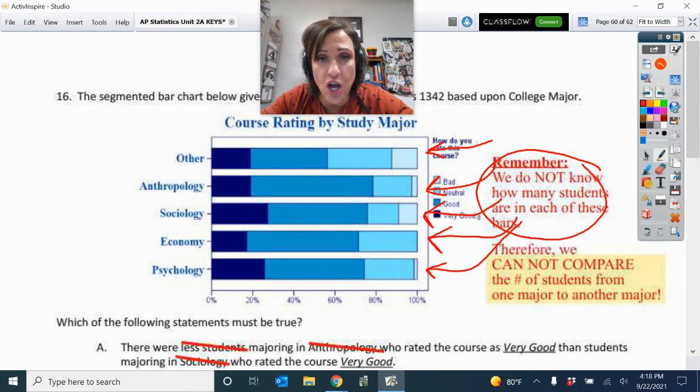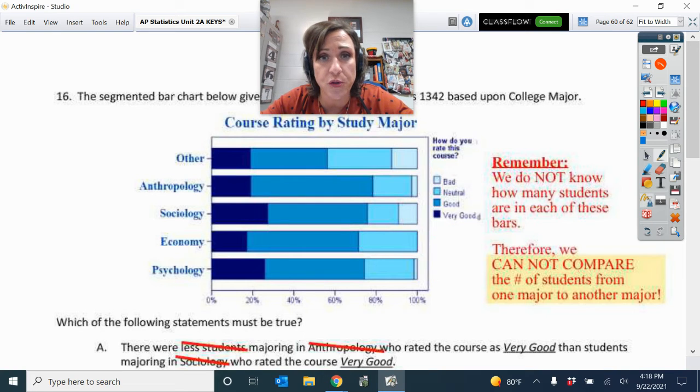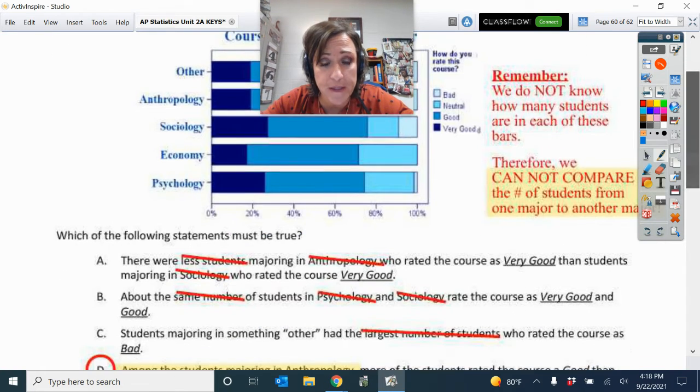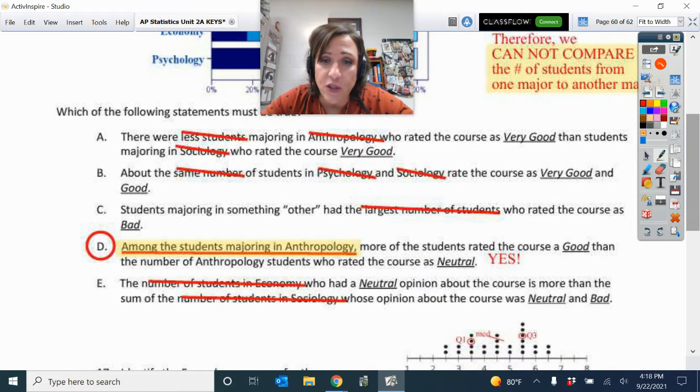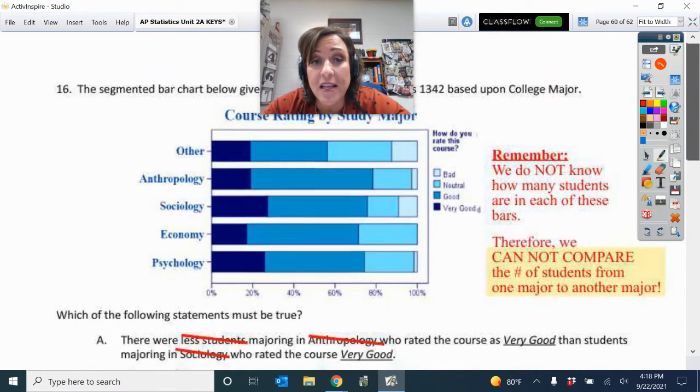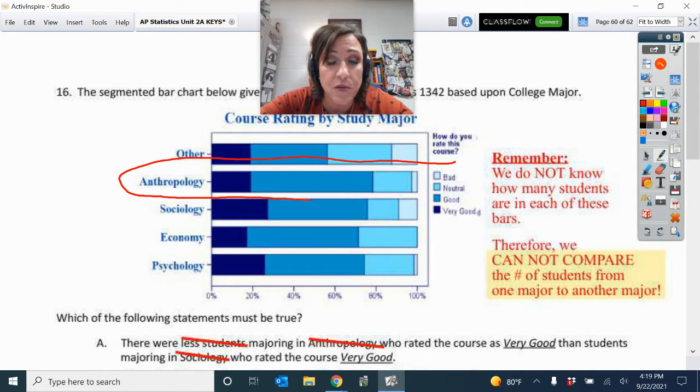you absolutely cannot compare numbers in one major to the numbers in another major. Cannot compare those because we do not know their totals in each of those categories. But if you look at answer choice D, it says that they are comparing something in anthropology to something else in anthropology. They're comparing within this one section, this one major, they're comparing the number of students who rated that